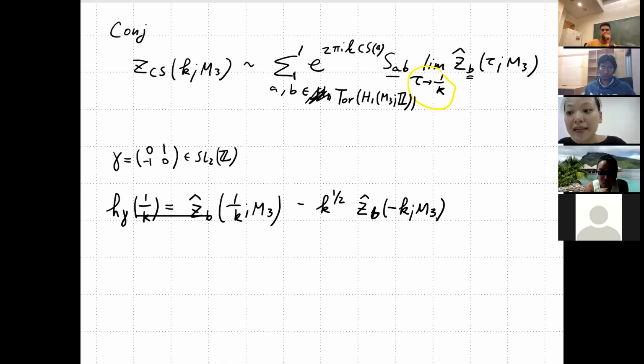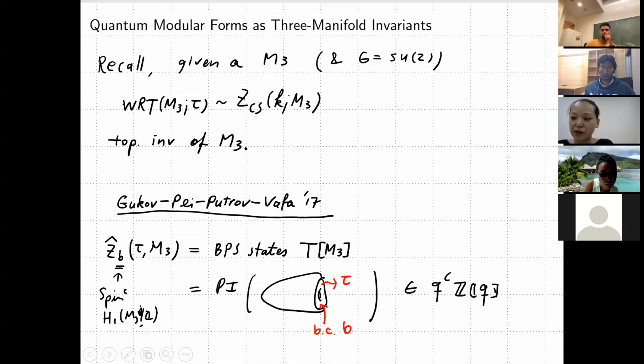Yes, question. Do you know if there is any relation between the Z hat B and the Habiro series, which I'm not sure you were in the talk, but it's somewhat similar in spirit in that specialization gives rise to the WRT? So indeed, the story is very, very similar, but Habiro series lie in the Habiro ring, so there's an equivalence relation. And here you could see that Z hat has to be a very concrete Q series without ambiguity, because the coefficients actually count BPS states, so there's no equivalence. But they should give the same results after.